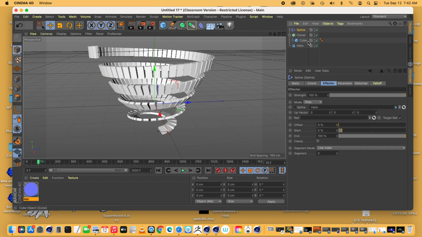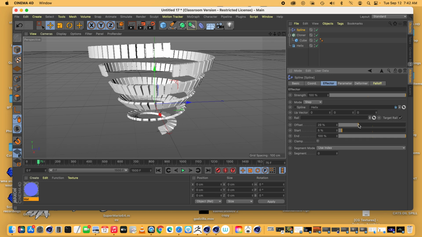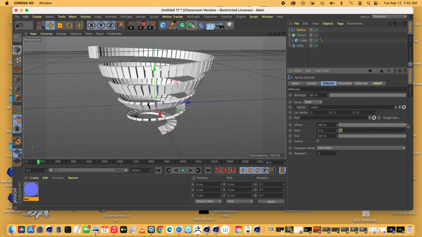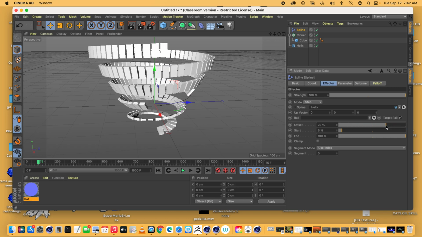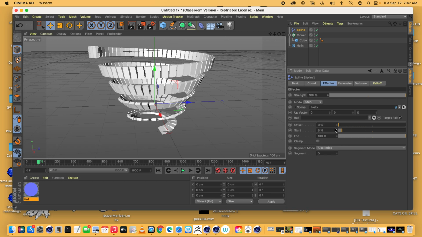We're going to animate it with the offset portion of the spline effector. Okay, but there's a lot of room in here for experimentation and getting different looks for it,